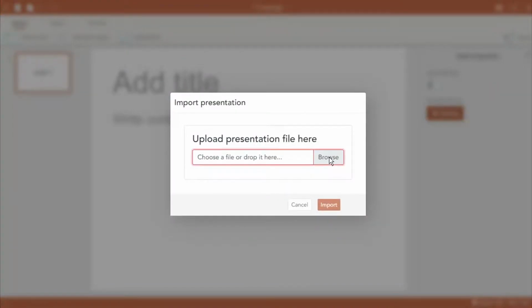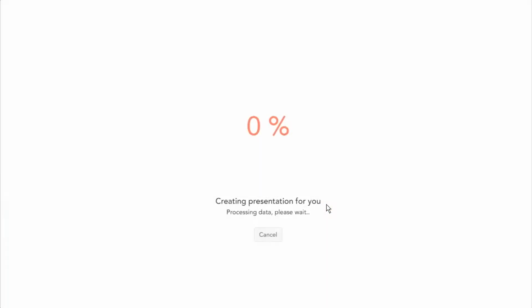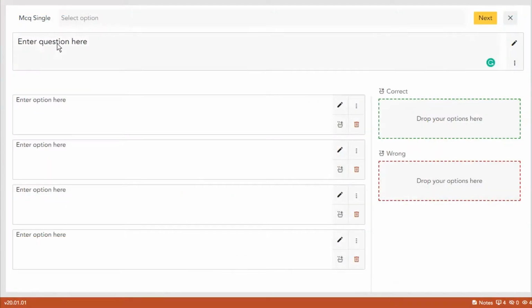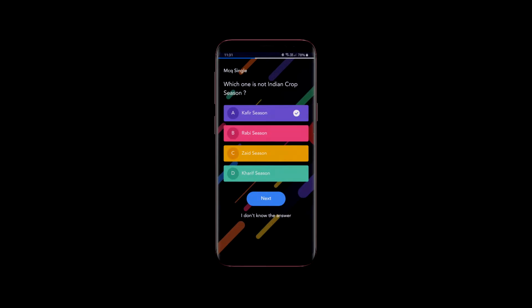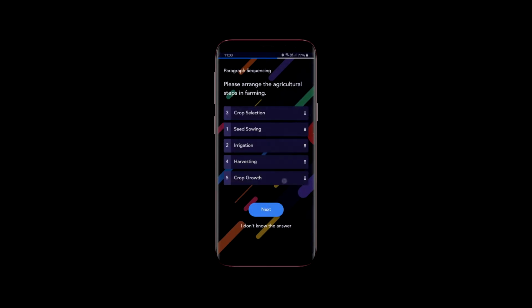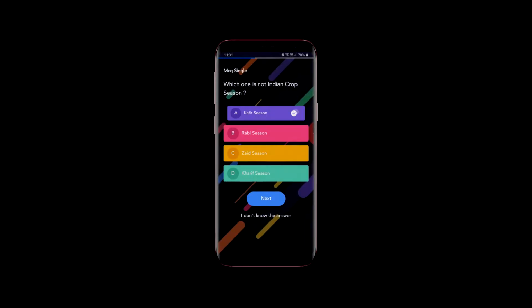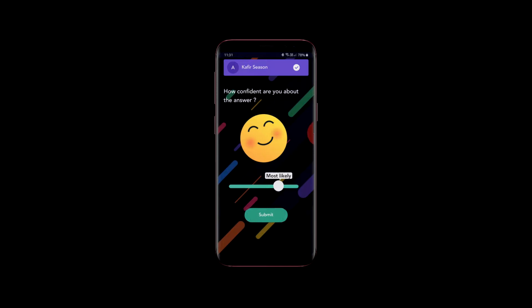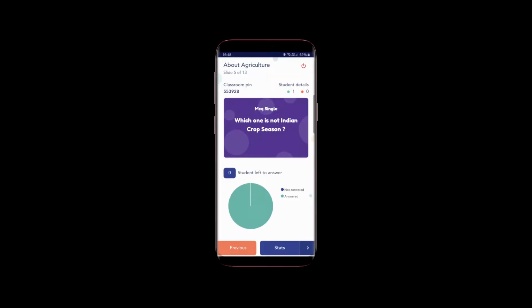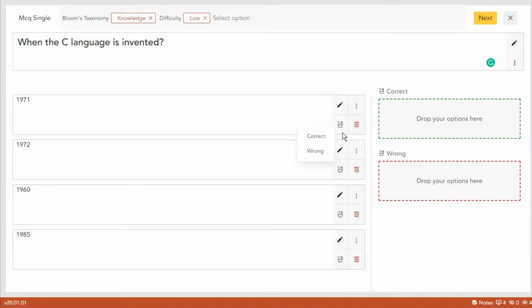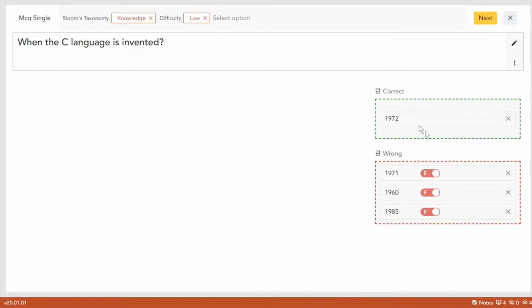Or they may even choose to embed their existing presentations or documents in it. In addition to content slides, LearniCo facilitates them to ask a variety of questions, such as MCQ, MCMQ, paragraph sequencing, classification. With each question asked in a classroom, the teacher can immediately understand how many students, with how much confidence, have given correct answers. The teacher selects near and far for each option in the question, which ultimately helps the teacher to understand